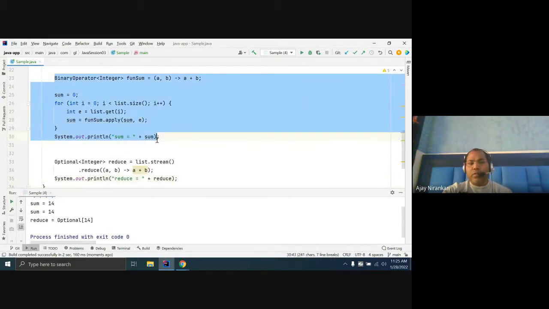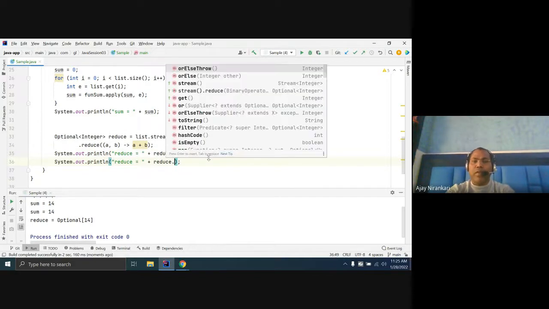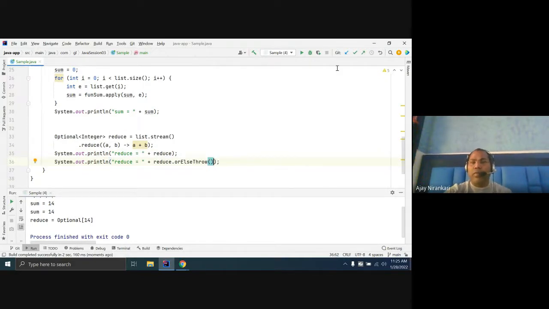The code you wrote above is now a one-liner with the reduce function. But notice that we are getting the output in an Optional. From the Optional, if you want to get the value, just say get or orElseThrow, whatever you want. In this way, you can get the actual value.